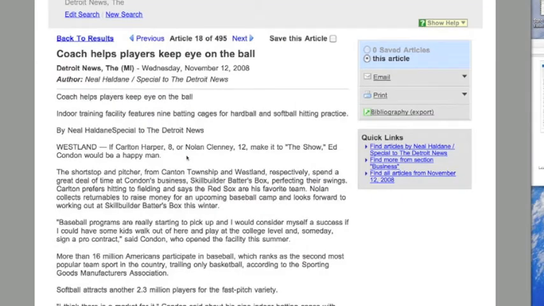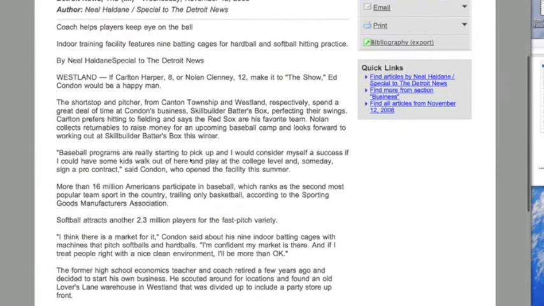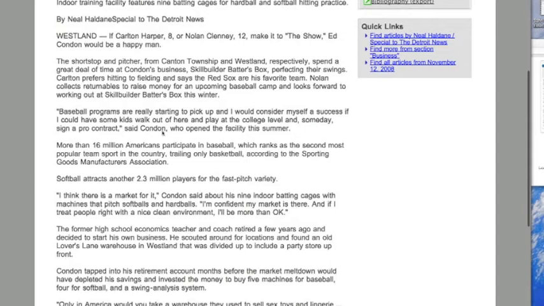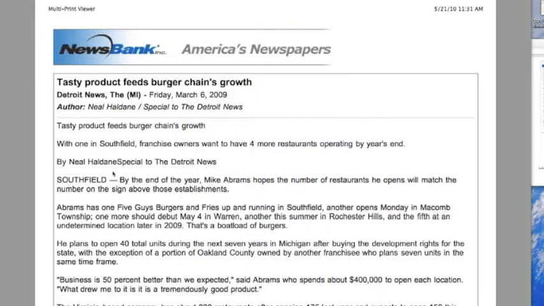Here's a story I just did about a batting box where kids can go and get pitched to and hit baseballs. Actually, I don't even know how I got the idea for this. I think I drove by it and saw that this had opened and thought that'd be a good idea. So I interviewed some of the people who were there, interviewed the owner, and then I got some information from the Sporting Goods Manufacturers Association about how many people play baseball. Again, this was just an internet search kind of thing. It's pretty easy to tie a story about this batting cage to a trend or a current event.